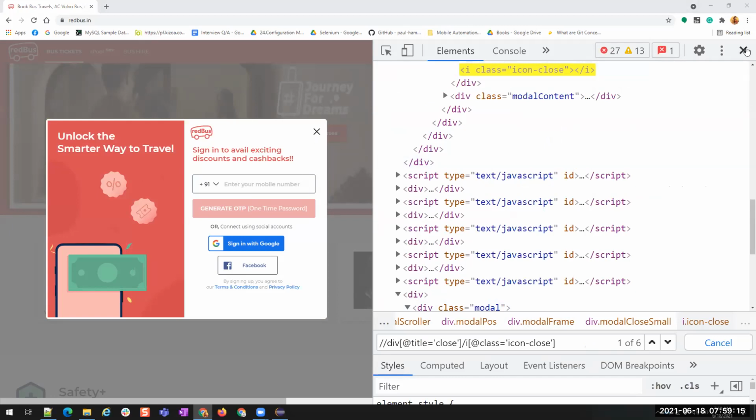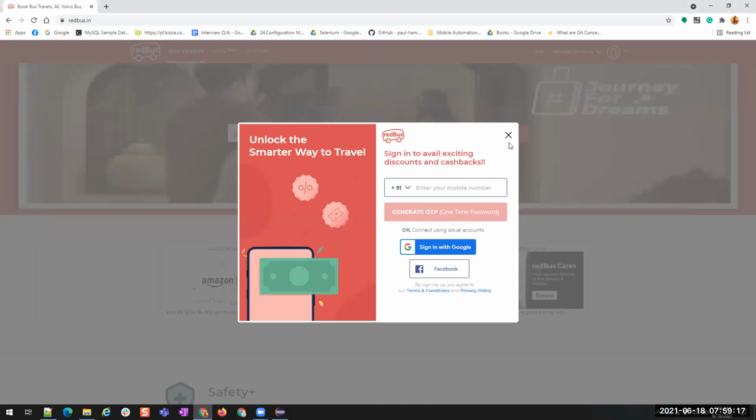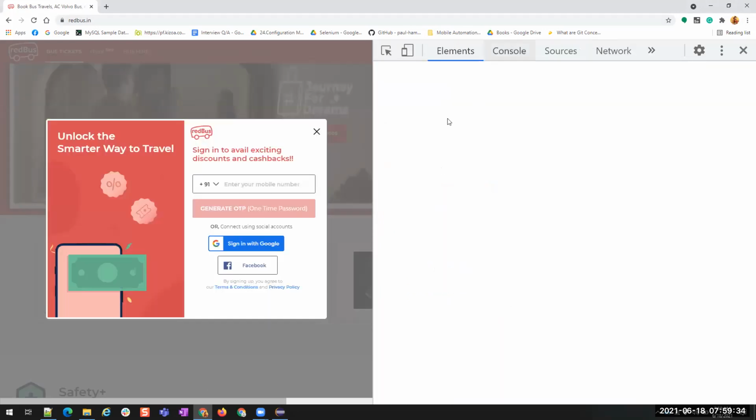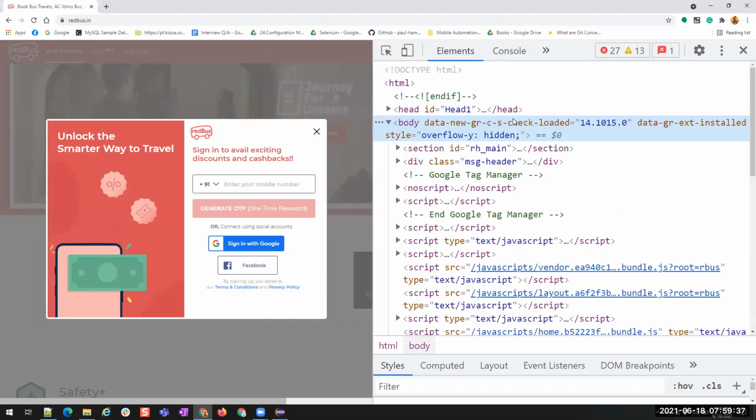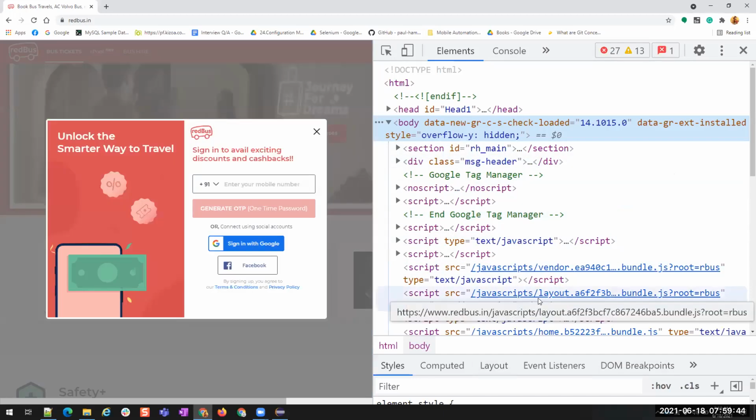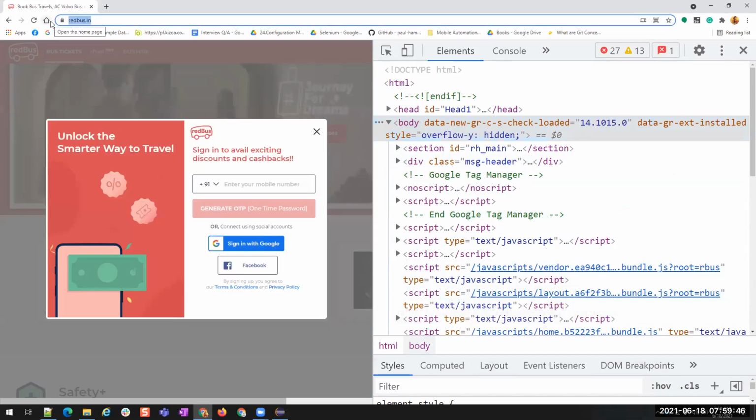Exactly. Every time I click on the sign in or sign up button, this new window or HTML content is loading onto the HTML page. But when I click on close, see, when we are loading this site, the HTML content is loaded here, right? All the HTML, whatever we want, is loaded here. Now, this is on your machine, on your browser. When you hit this site, it returns the HTML response. That means we have downloaded this HTML response.